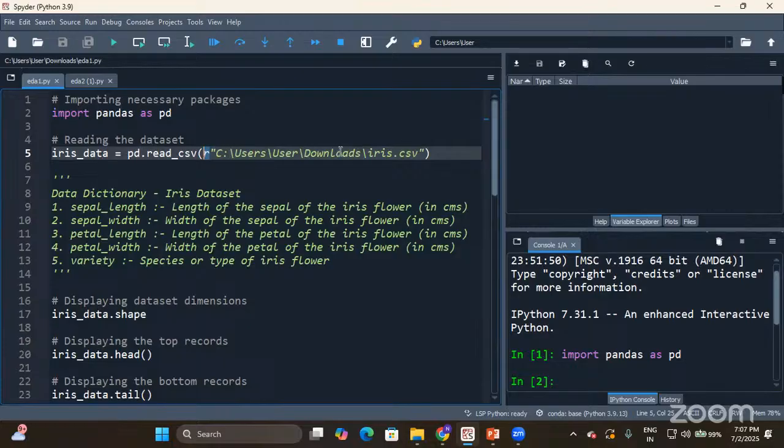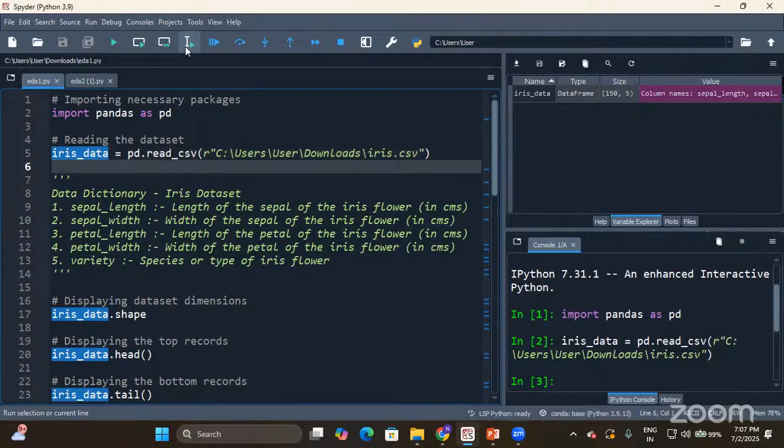The r tells the PVM to consider this entire path in raw format. Once after executing this line, the data gets read and stored in a variable, an object, iris_data. Let me do it, guys. See, within a fraction of a second, as the data set size is very small, it does not take even seconds.